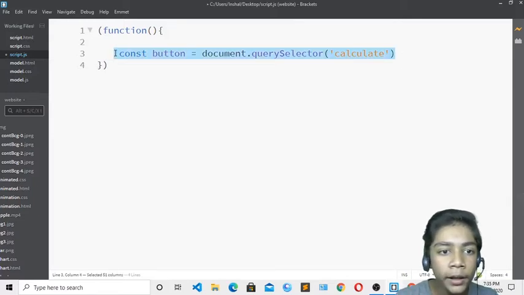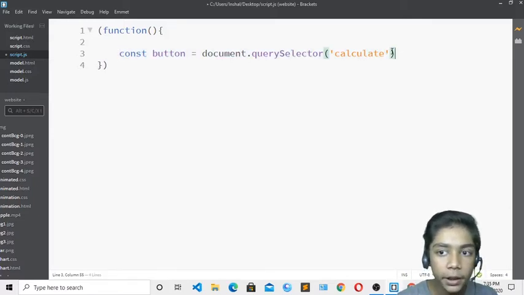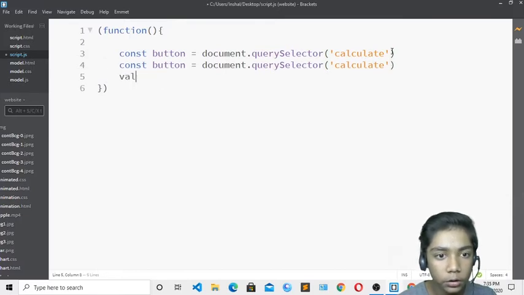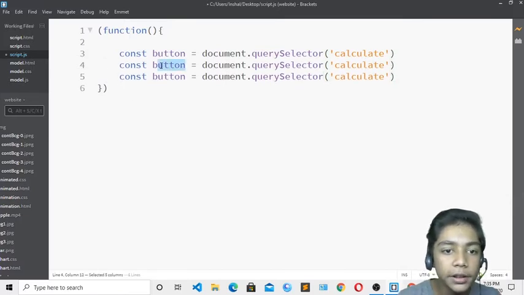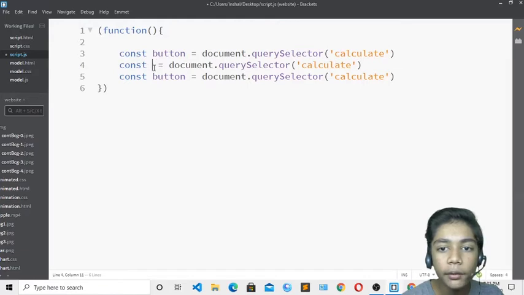So I will just do like that. I will copy this and paste that two times. Okay, so spelling should be correct. Now we have just pasted it two times. I will just come over here and change it to body.